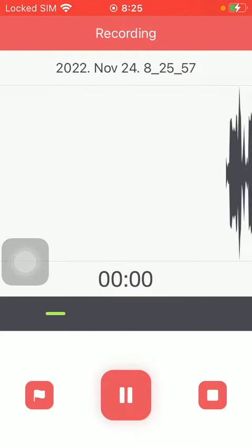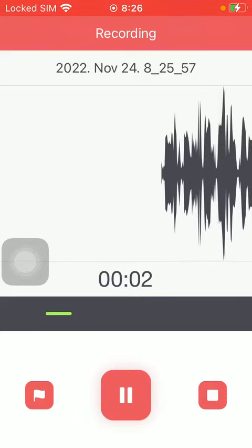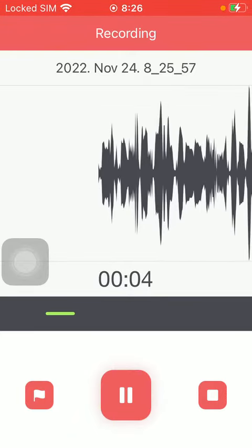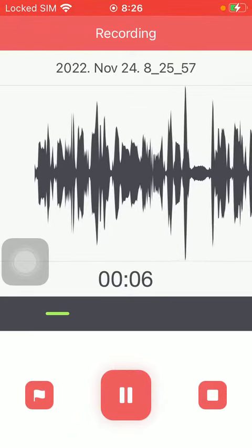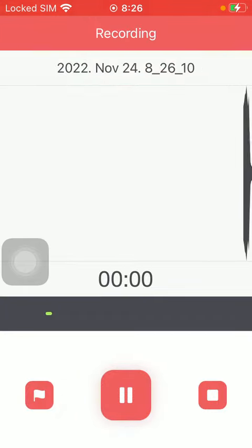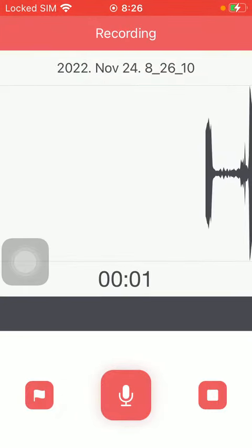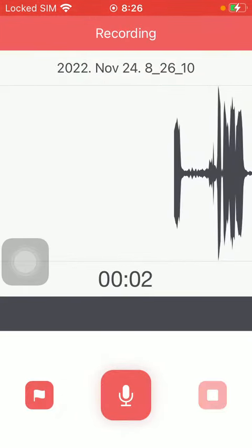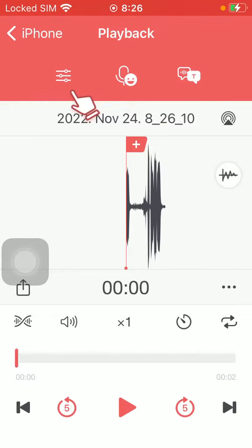click on this recorder button. As you can see, the recording has just started. If you want to pause it, tap on this button in the right side of the screen. Here you can find it, and if you go back you can also end the recording, and here you will be able to listen to it by tapping on this play button